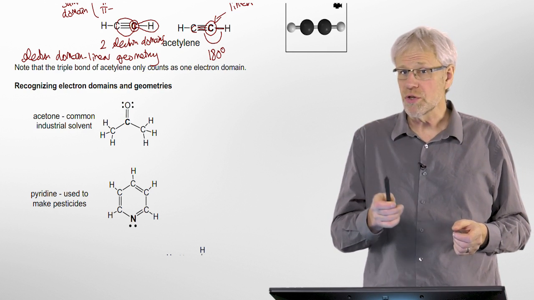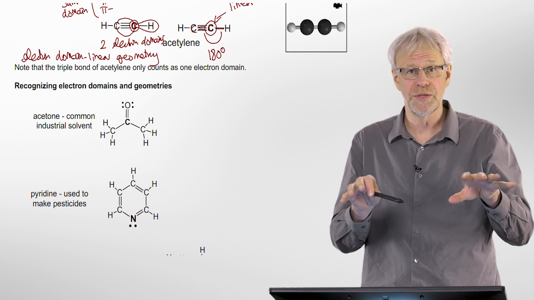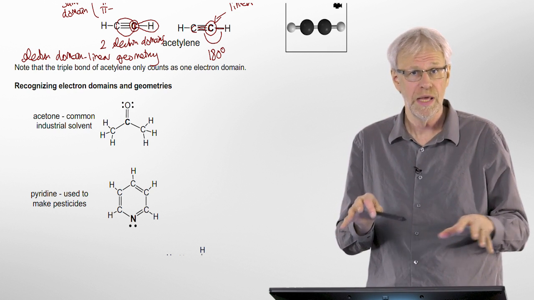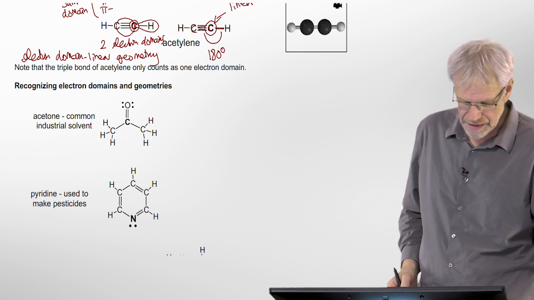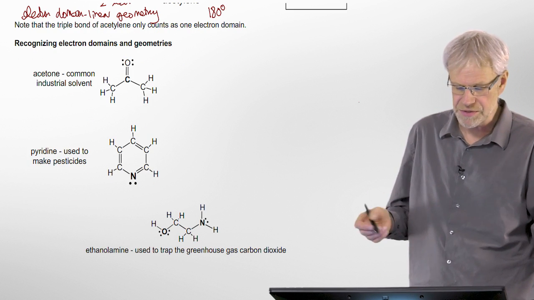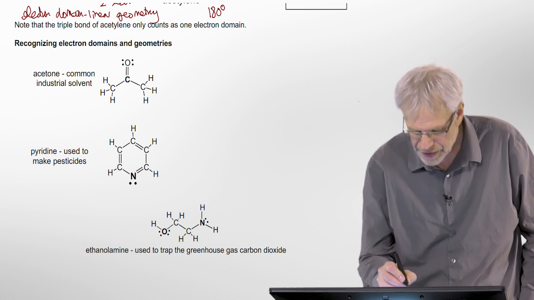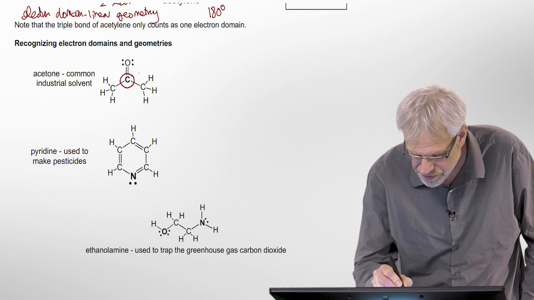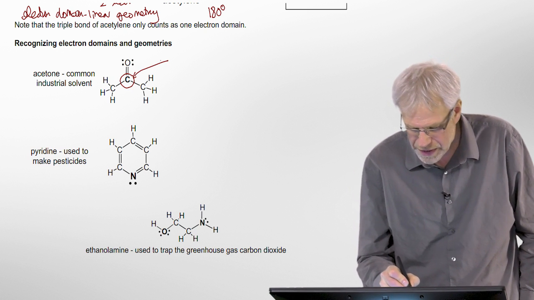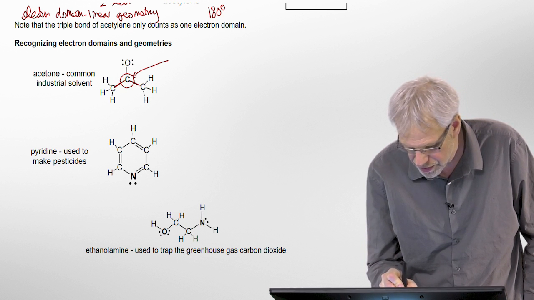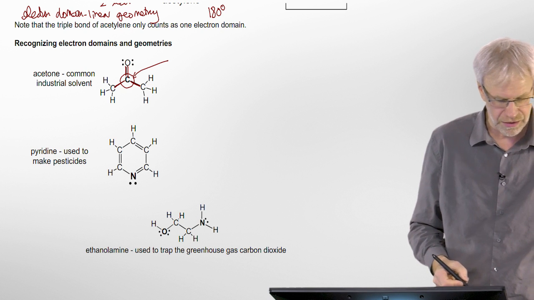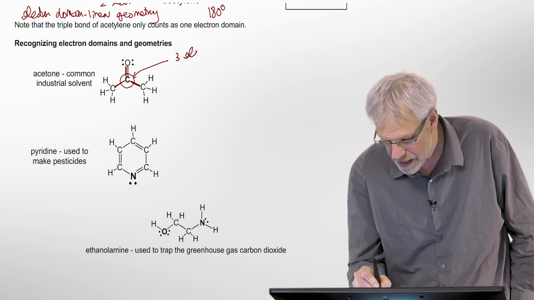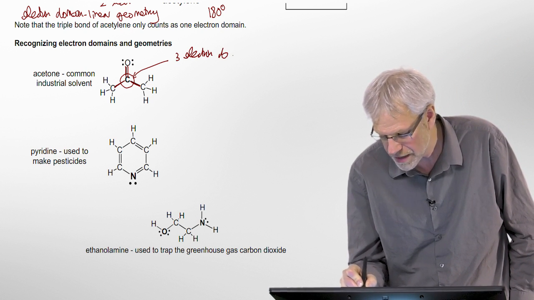So we can take what we just learned and apply that to any arbitrary sized molecule and any atom within that molecule. Let's take acetone as an example. Acetone is a very common industrial solvent, and if we ask ourselves about the central carbon atom in acetone, we can see there are 3 electron domains. One domain is in the double bond. The double bond counts as a single domain. So we have 3 electron domains,